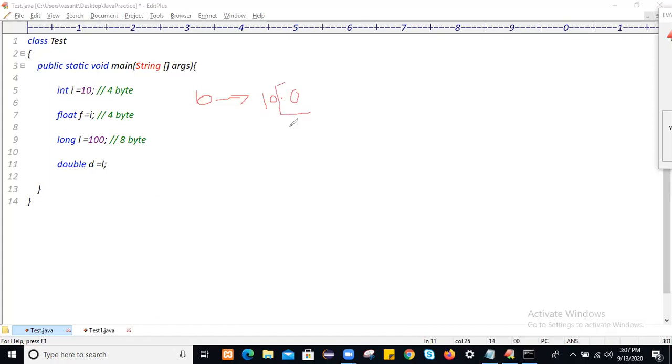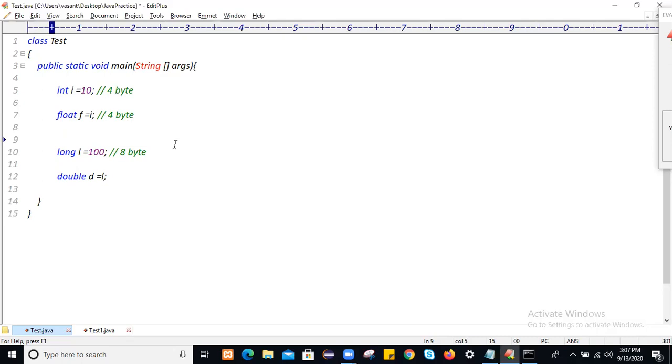So we will get some extra data. Here also, while converting 100, we convert the 100 value into a floating value, so we will get some extra data, 0.0. While conversion, if you get some extra data, then you will not get any compilation error. But while conversion, if you lose some data, definitely you will get a compilation error.